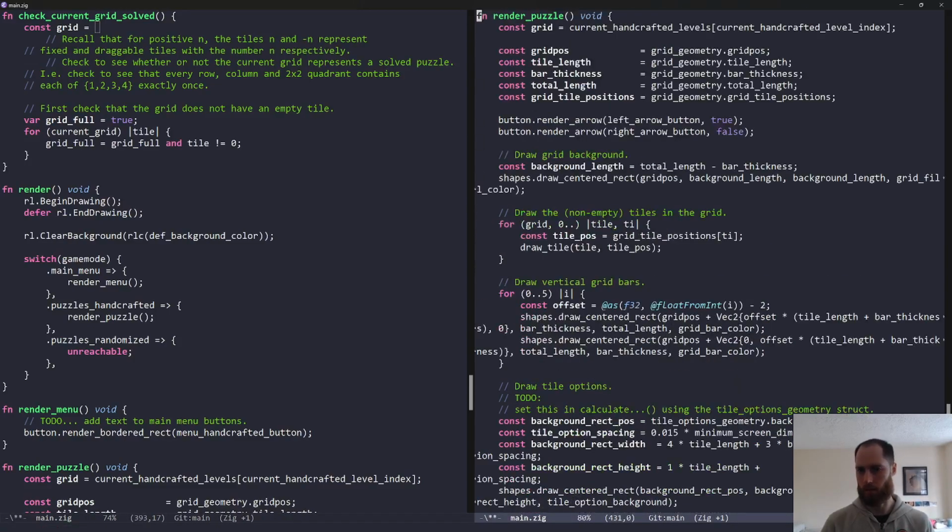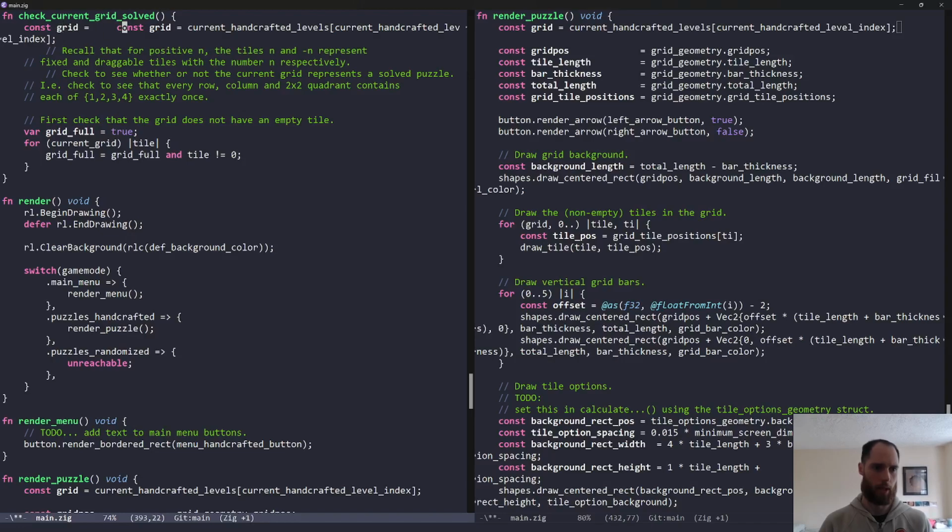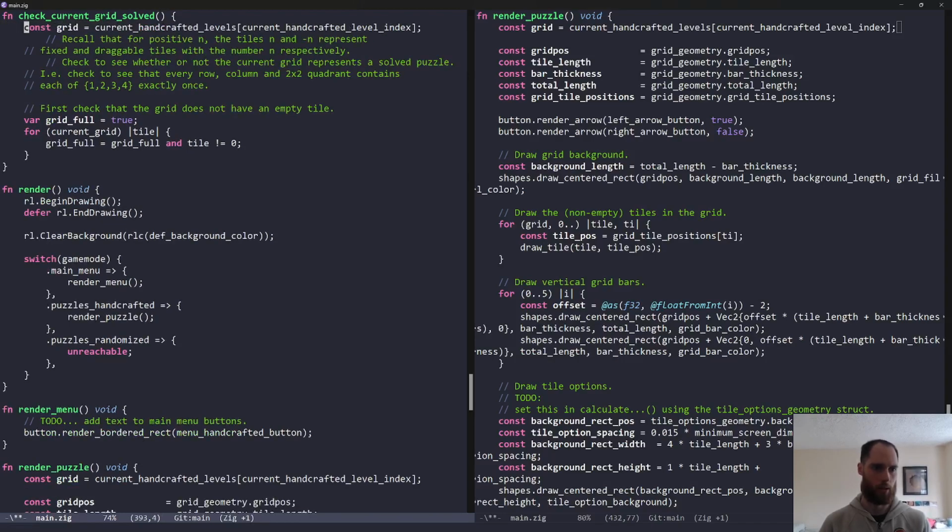This is really the render one I want. This one here. We're taking the current handcrafted levels, and then we're taking the level index. So now we can just say for grid,